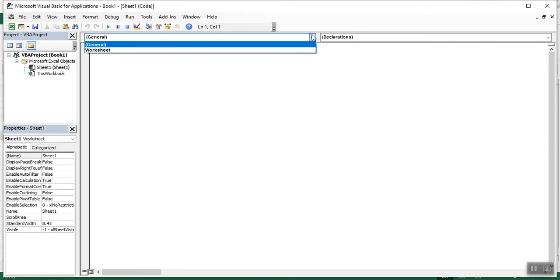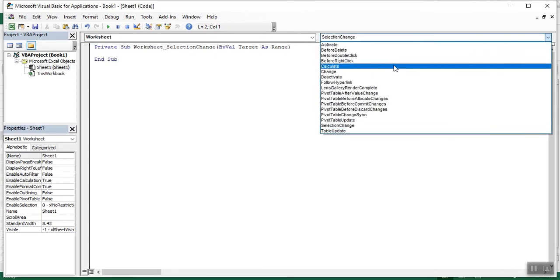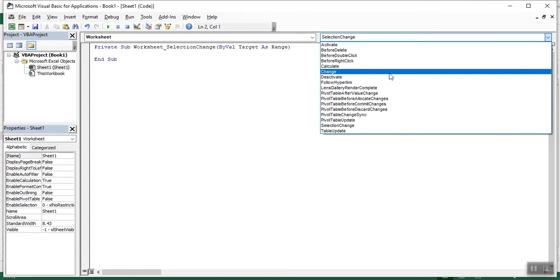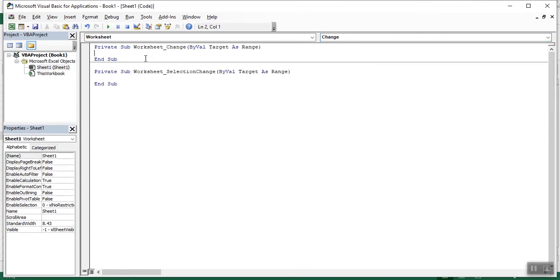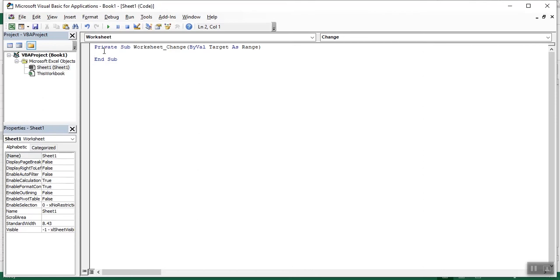Now we will change it to Worksheet, and what is expected from this code is the Change event. You can see the first one is there, and I will delete this one. Instead of Private, we will go with Sub, right?